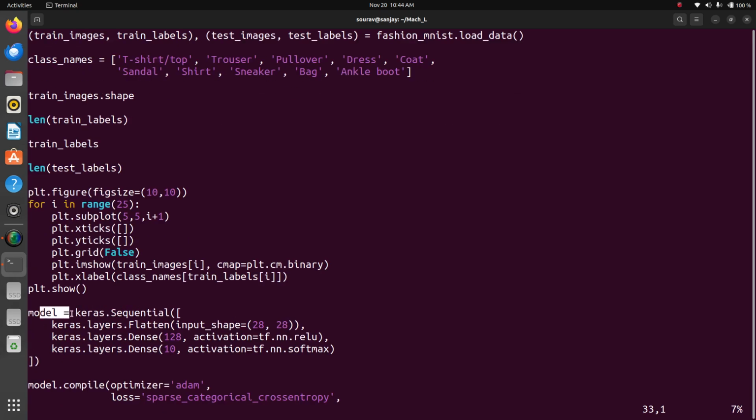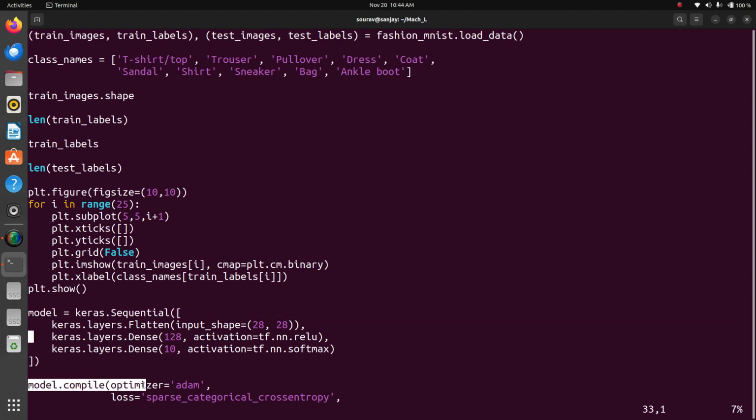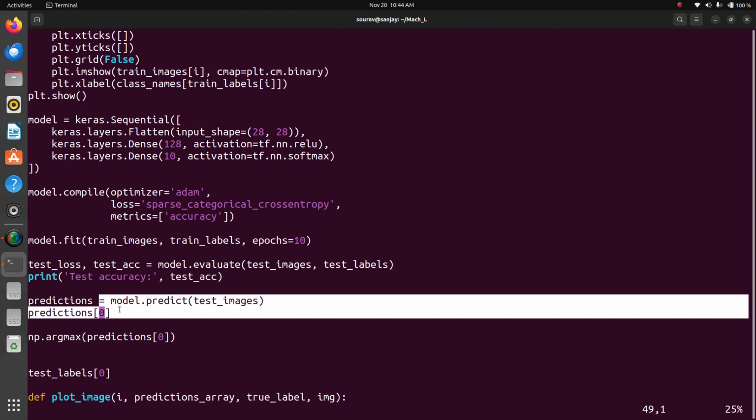Then model is equal to Keras dot sequential. It is used to set up the layers. Then model compile, it is used to compile the model. Then test the predictions of accuracy.